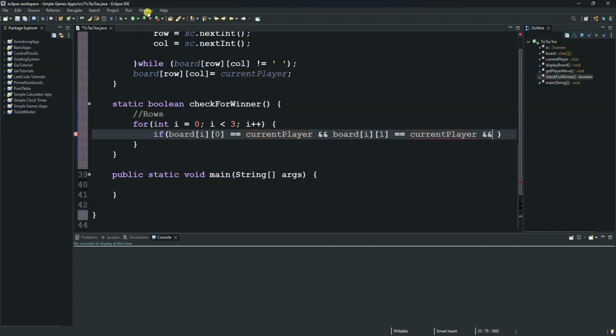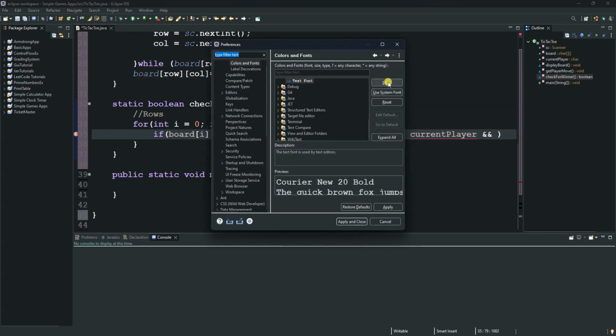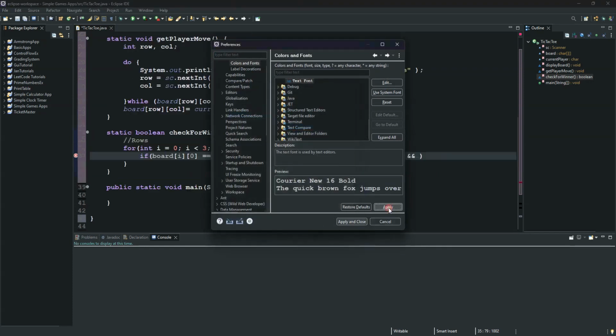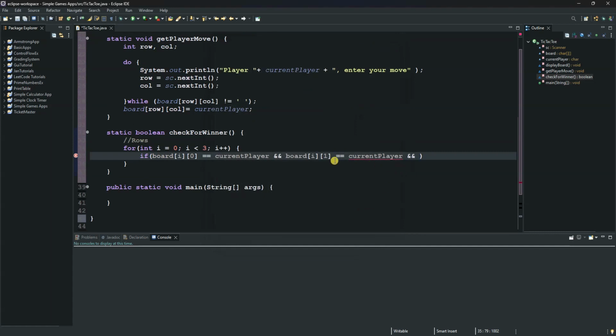Let's make this smaller because I think this will go all the way. So let's put it at 16. So a current player, and the last one is current player, and then board at index 2. Alright, board at index 2